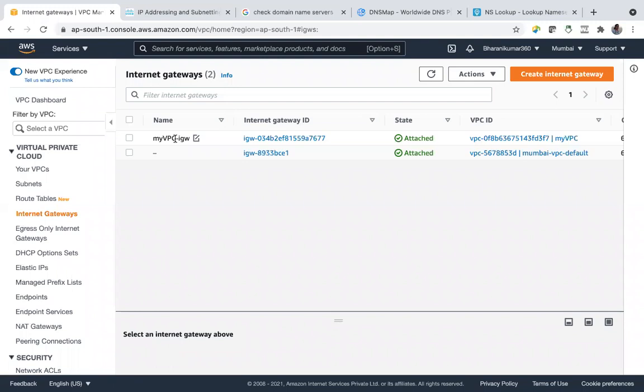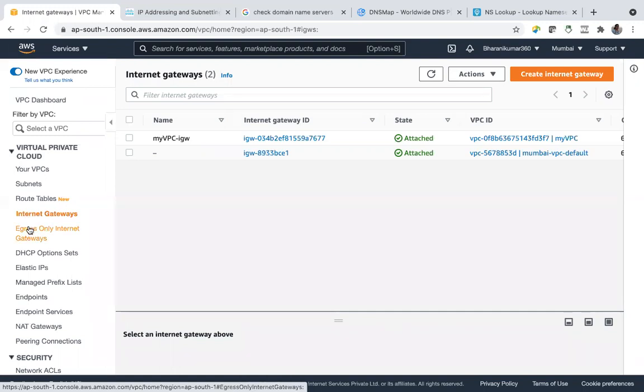But you may not want that for some reason, for privacy or security. For all the instances and other services within the VPC, you don't want to allow all the traffic coming from outside into your VPC. So then you can attach an egress only internet gateway instead of an internet gateway.